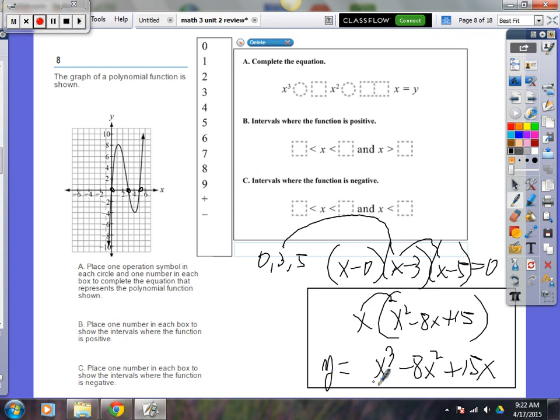So that is going to be it, except your cubic is kind of just like a quadratic. It's going to be ax cubed plus bx squared plus cx plus d. So we've got everything. There's not a d. The c is 15. The b is -8. We just don't know a. A is kind of like your dilation. So to find a,